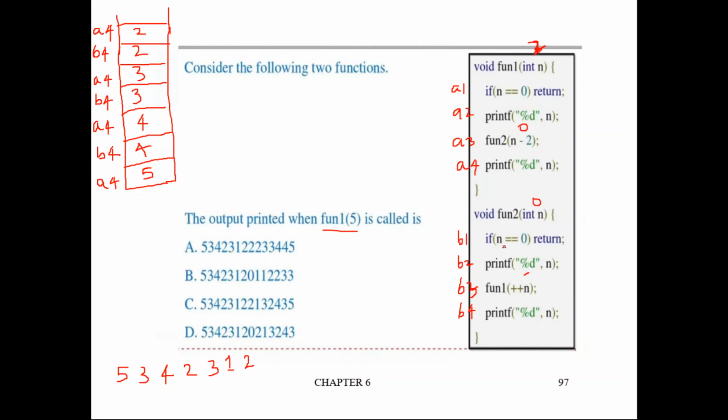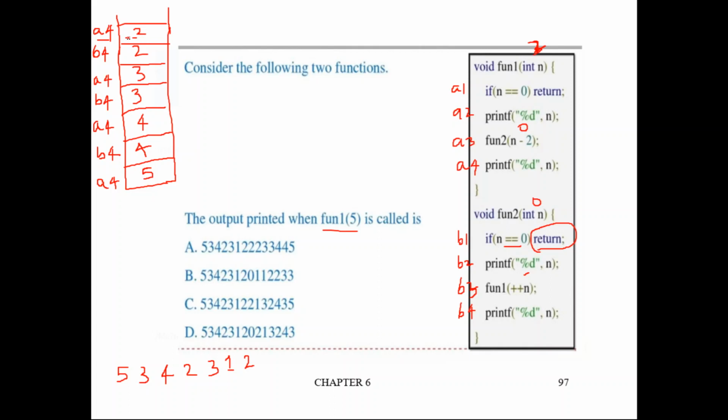Now it checks whether n is 0. Yes, n is 0. If n is 0, what should happen? Return. This is the first time we are executing return. Now you recall the second principle: whenever there is a return statement, the top of the stack should be popped out. The top of the stack need not be one element; there can be many elements. Here the top of the stack contains the return address and what the n value was at that time.